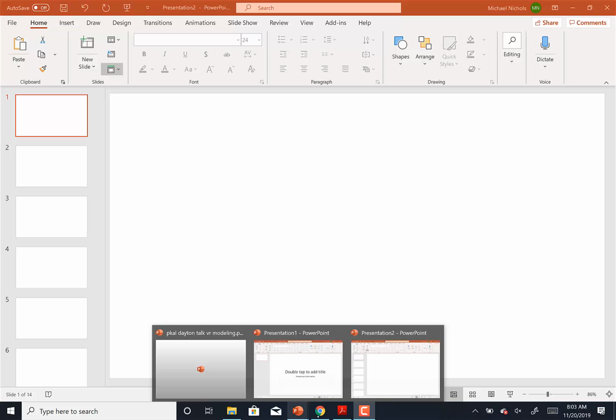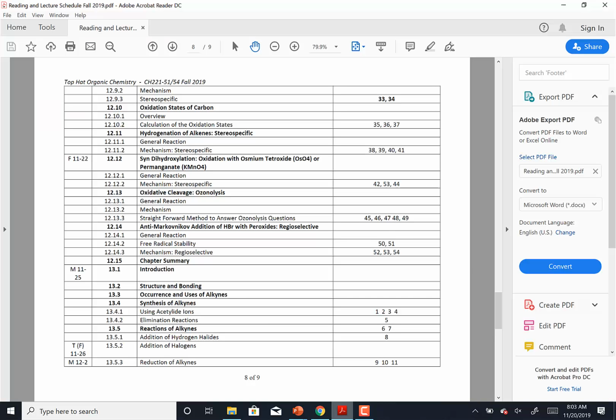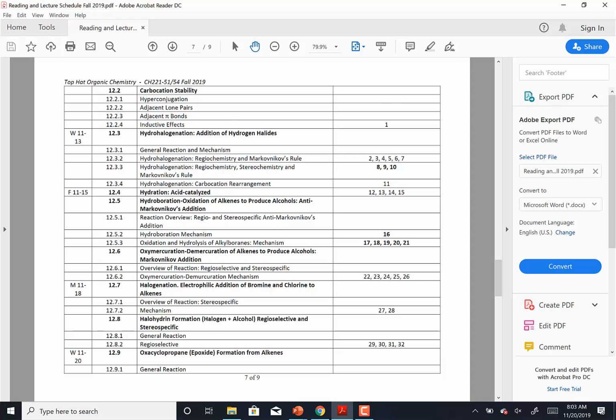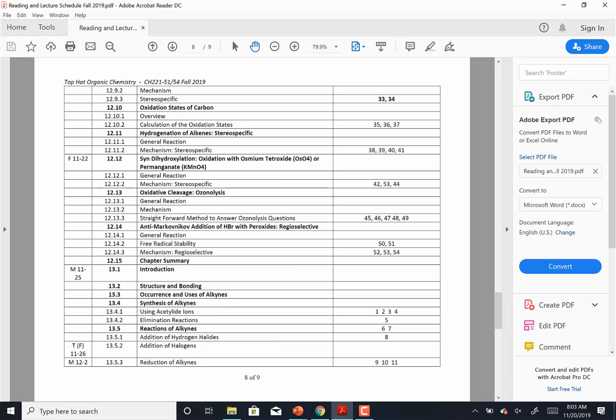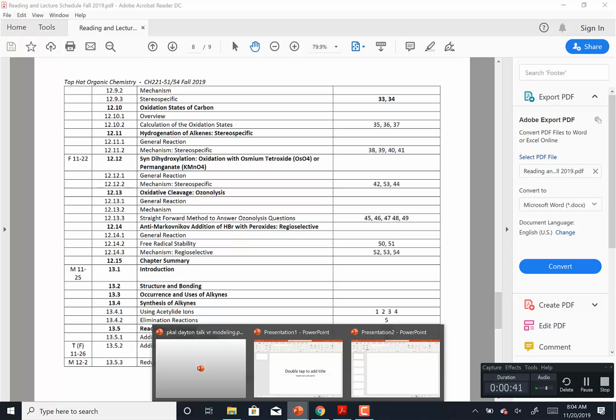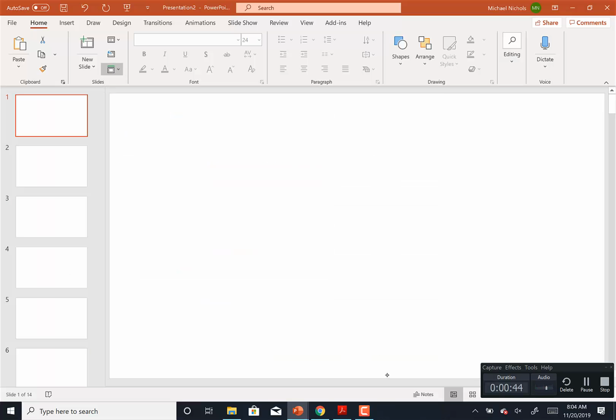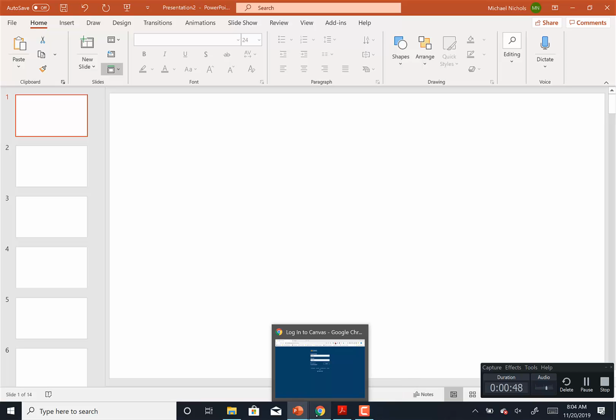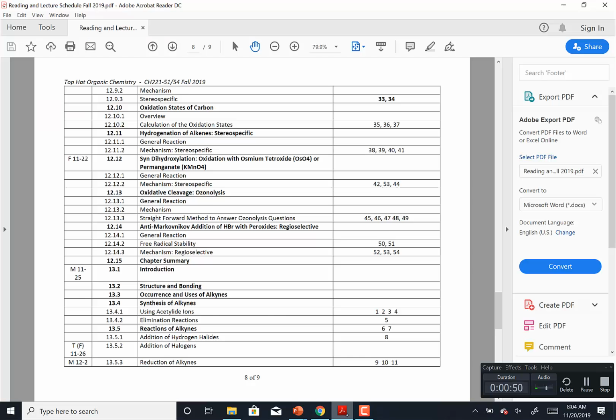All right, so today was going to be formation of epoxides, hydrogenation, and then we've got oxidation states of carbon, the three topics for today. So in terms of those reactions,